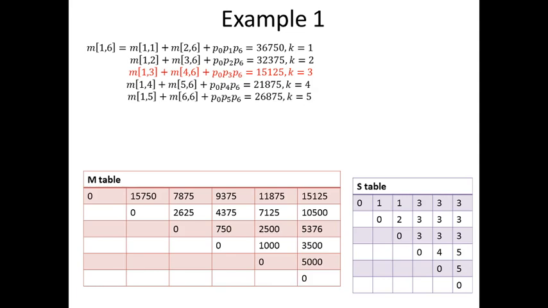This is A1, A2, A3, then A4, A5, A6. Then for M13 you have to see, 13 is 1, that is A1, then A2, A3. Then for 4, 5, 6 you have to see, 4 means A4 multiplied with A5, A6. This is how the parenthesization is actually placed. Therefore, these S table values will help you to place the brackets. Please iterate manually, then only are you going to grasp the idea of dynamic programming and matrix chain multiplication. Okay, thank you.